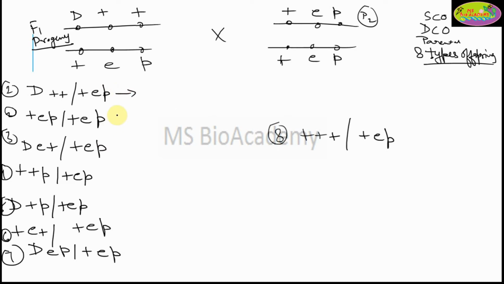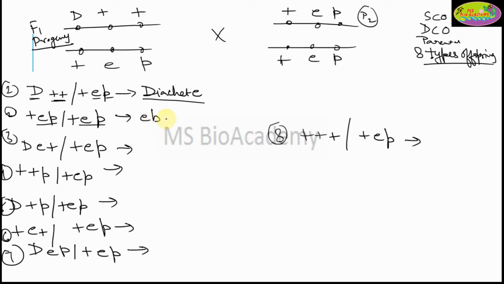Now if we look at the phenotypes, what each individual offspring is going to express, how are you going to check the phenotypes? Again, I have told you, since D is present as the dominant form, this will definitely be expressed as dicheat, right? Now look at E and P, ebony and pink: it is present in a single form, not homozygous form, so that means this will not be expressed. So this particular offspring will have the phenotype dicheat only. Now here E and P both are present in the homozygous form, so there will be ebony and pink. No D is present, so no dicheat, so ebony and pink will be the phenotype of this particular offspring.